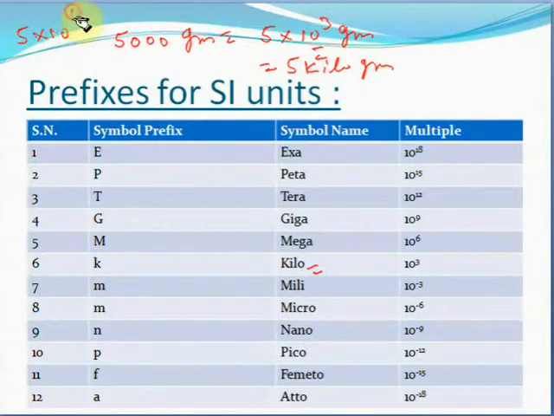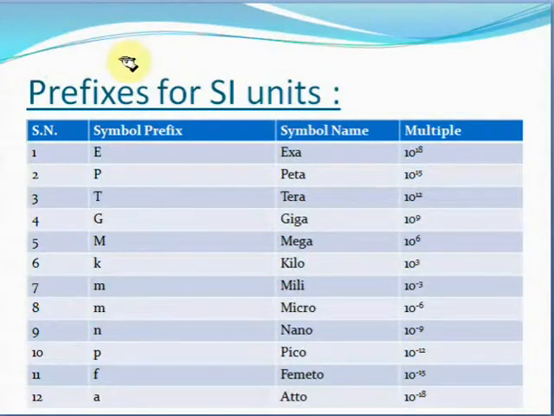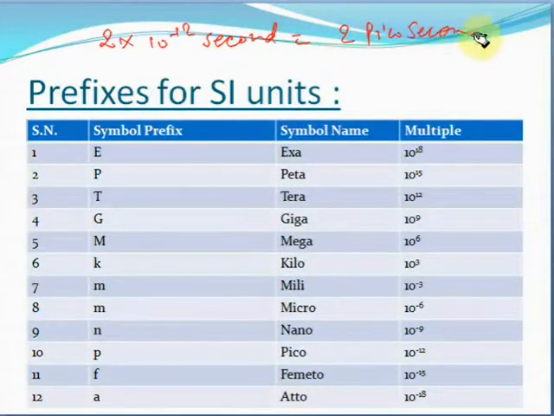Similarly, 5 into 10 to the power 6 gram can be written as 5 megagram. Or for example, 2 into 10 to the power minus 12 second can be written as 2 picosecond, as the prefix for 10 to the power minus